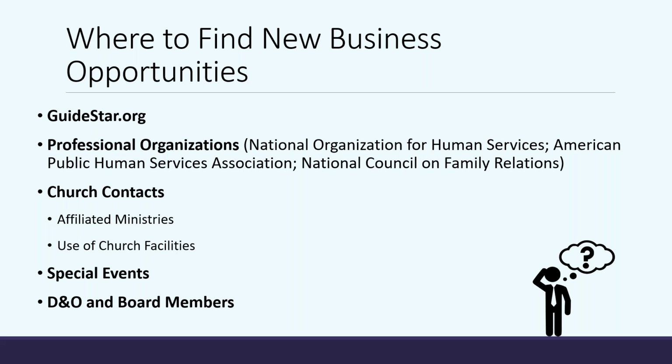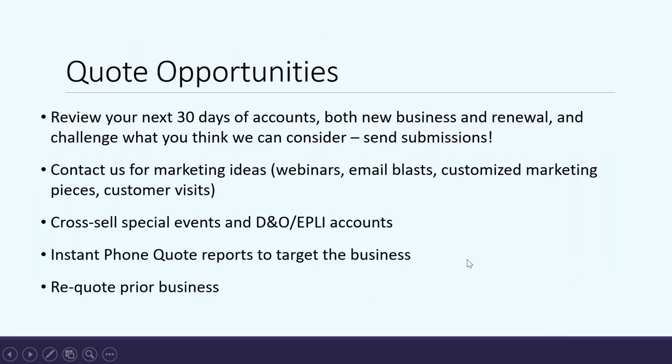So if you have a whole book of D&O and EPLI, again, very similar to cross-selling with events and churches, just make sure you understand that these organizations also could be available for that no premises GL annual policy, and we could even stick them on the same package if they've got a need for that. So just take a look at your book and see if there might be any opportunity there for us to cross-sell.